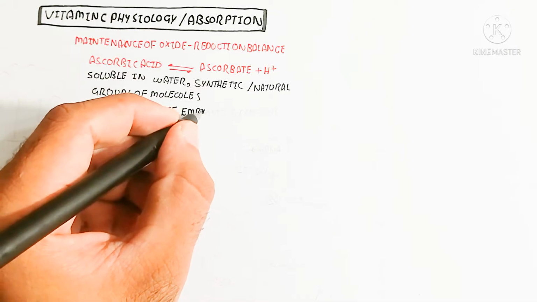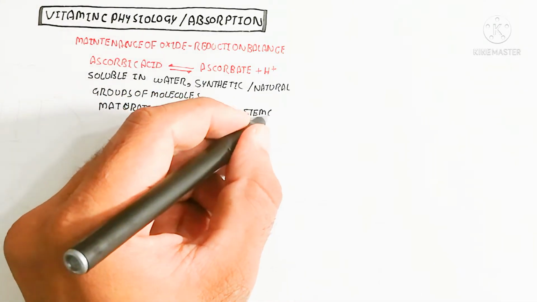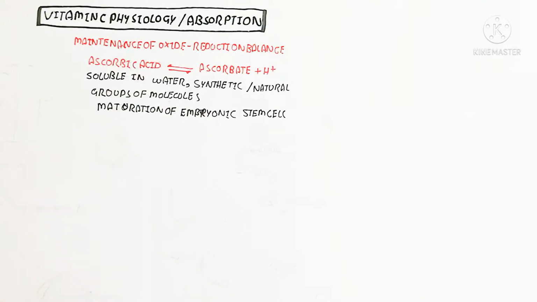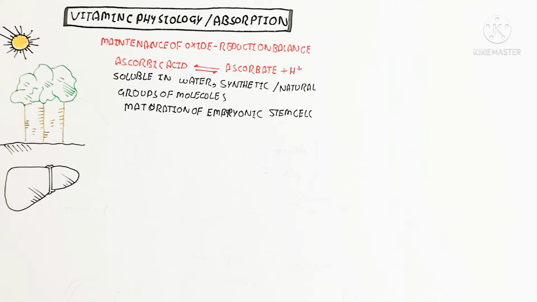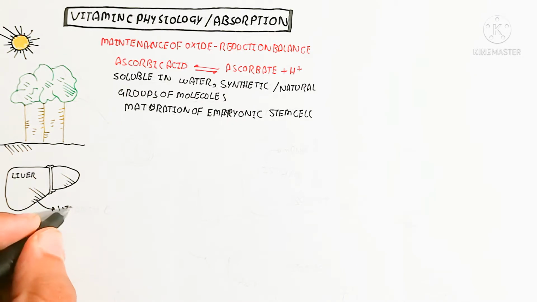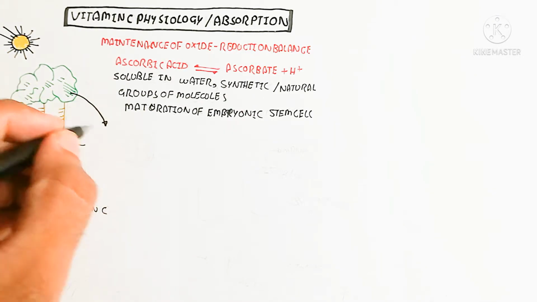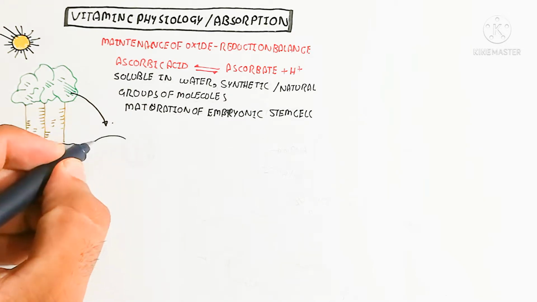Vitamin C is produced by plants during plant growth, and it is found in the form of fruit. For example, the citrus family contains vitamin C-rich fruit, such as the lemon, and on the other hand the liver also contains vitamin C. So the lemon contains a major vitamin C component.